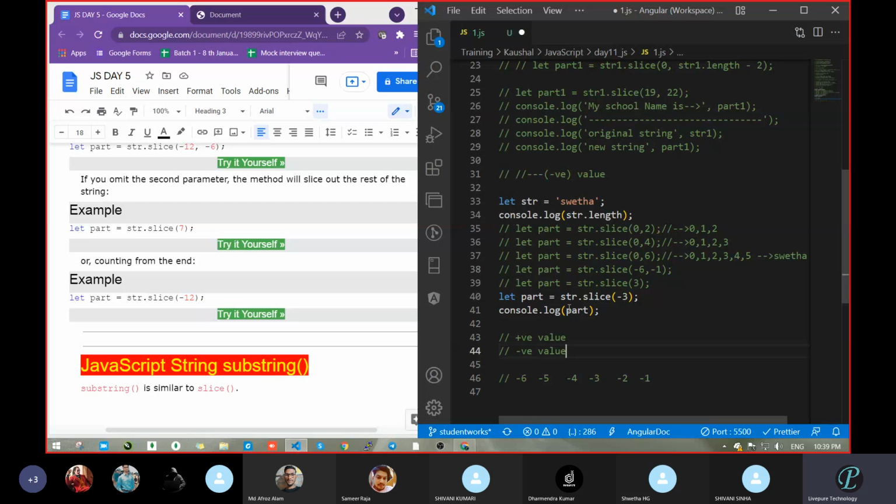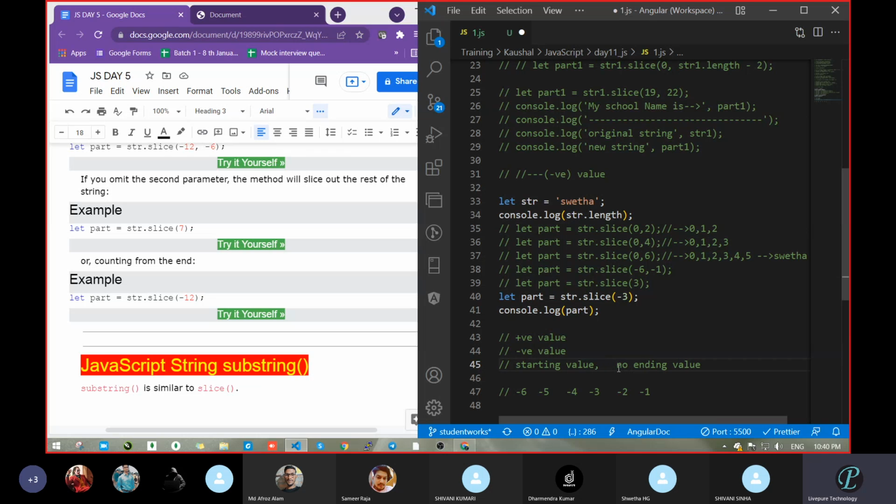What was the third? 0. Third we took only a single, means a starting parameter. Only one argument, only a starting value. There is no ending value. So we had seen a total of 3 cases.